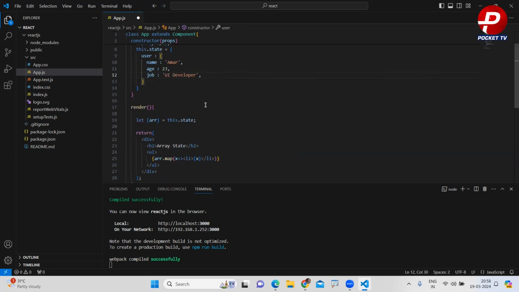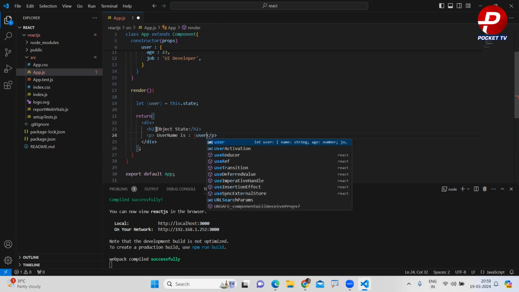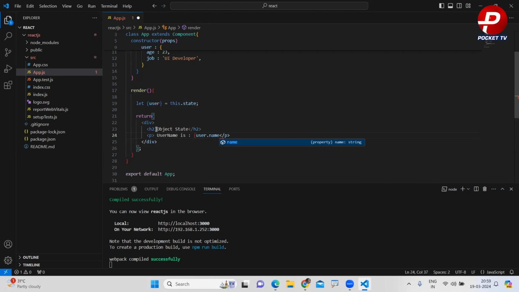Okay. Now here you need to specify this dot state. You will get that object user, and directly, sir, I want to display. Easy way, not the object dot entries and all. Simply the object state is a paragraph. In that paragraph, user name is, how can you display? Easy way, user dot name,